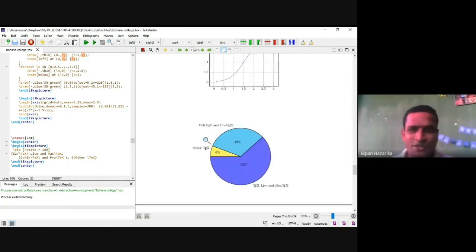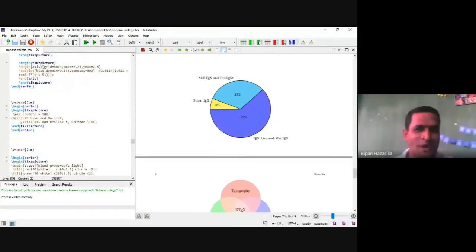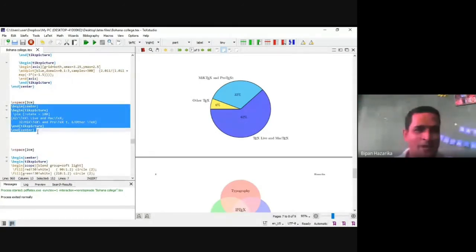Now the pie diagram we can also draw in LaTeX. The pie diagram is a very simple command. This is our command.